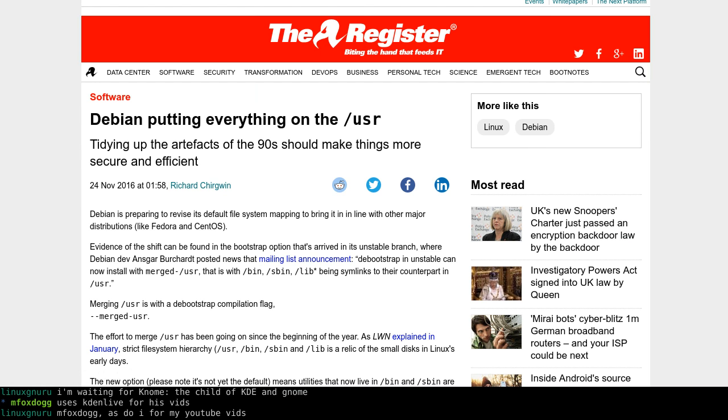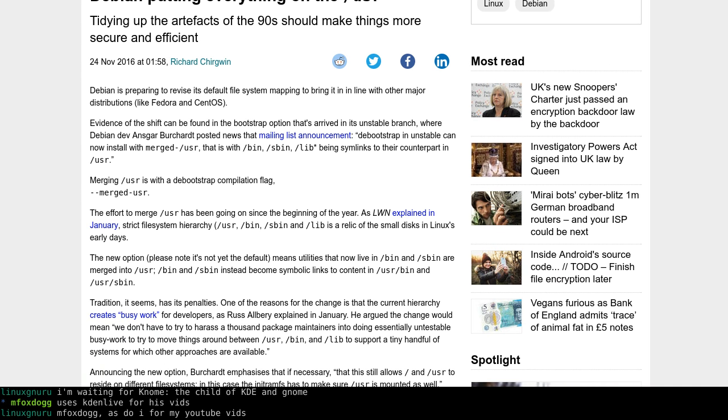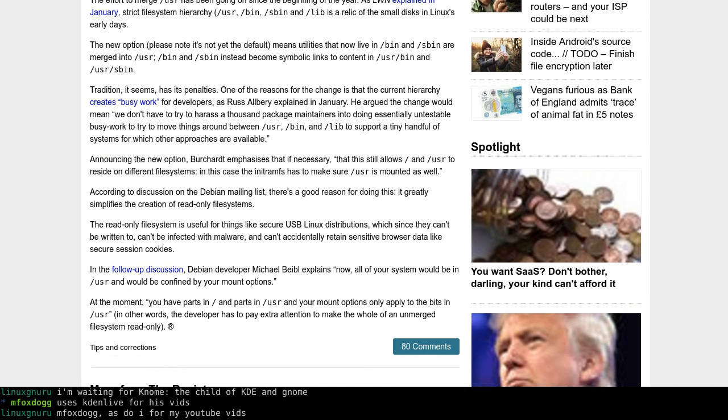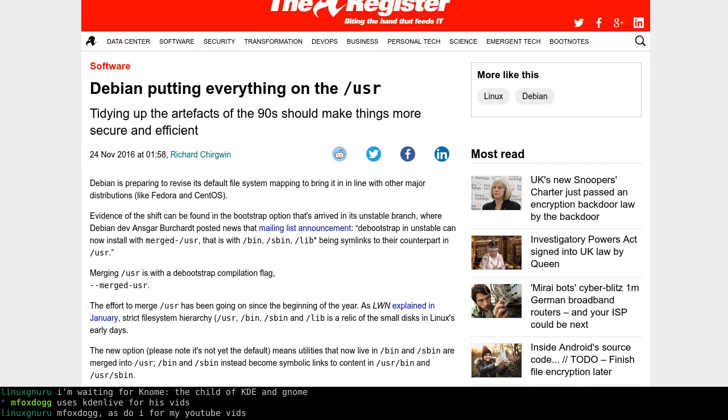Or let's not. Let's just drop the pretense that we need separate lib32 and usr/lib and usr/lib32 folders, because that is very much 1995 reasoning. This is the move, according to The Register. Debian is preparing to revise the file system to bring it in line with other major distributions, and the two examples they cite are Fedora and CentOS, which, you guessed it, already have lib and lib32 combined with usr/lib and usr/lib32